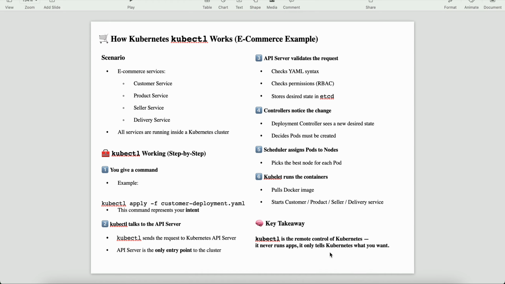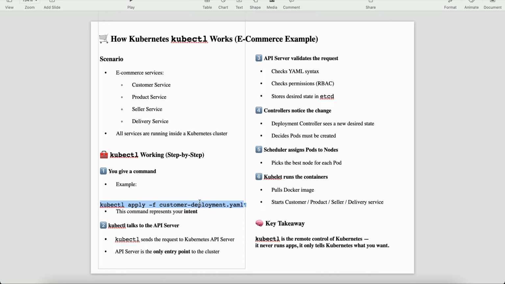This is one example. If we run this command in the command terminal, it will apply this customer deployment YML to Kubernetes, and this instruction will go to Kubernetes and all the required